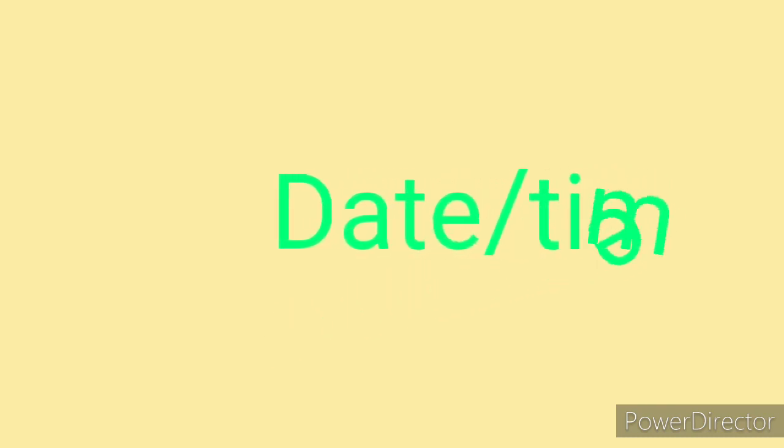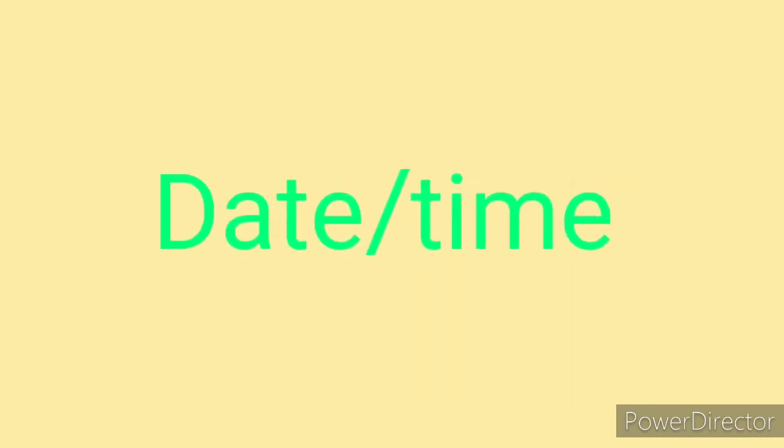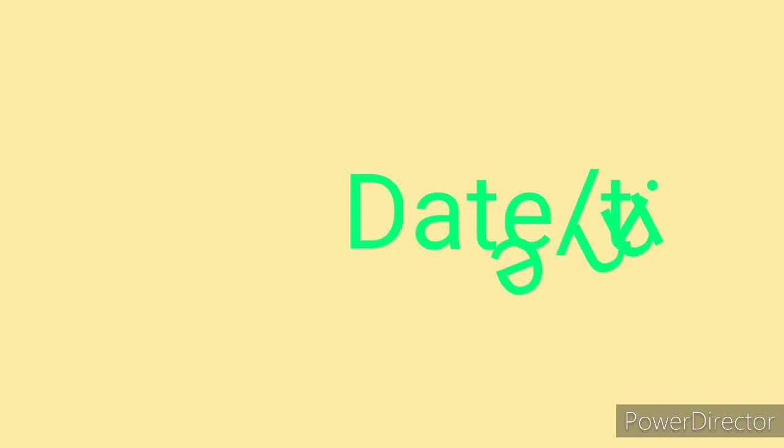The next one is date and time, children. It stores information like date of birth, date of joining and date of leaving, like that. In this one we can store data up to 8 bytes. Calculations related to dates can be done in this field type. Calculations, that means how many years he worked, from date of joining to date of leaving. At that time also we can use date and time, children.